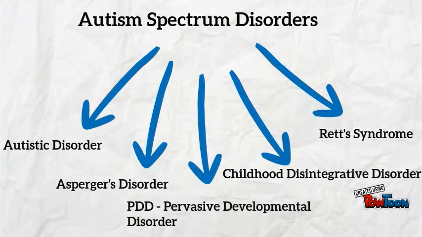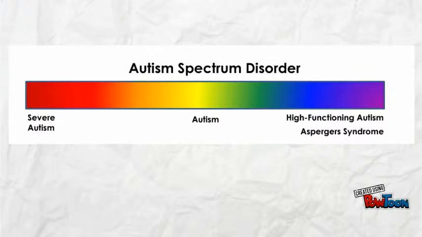Spectrum refers to the developmental impairment. This spectrum covers many conditions with individual differences in